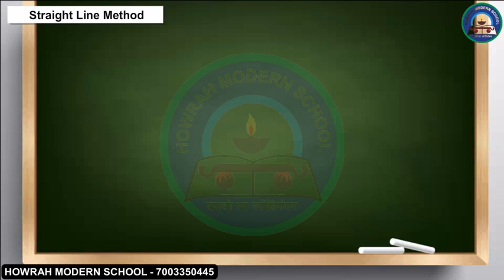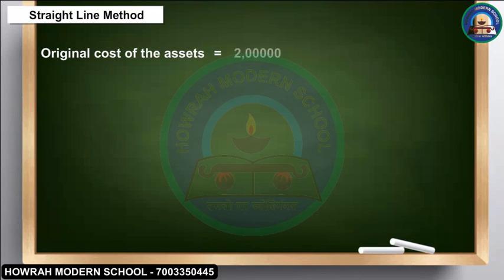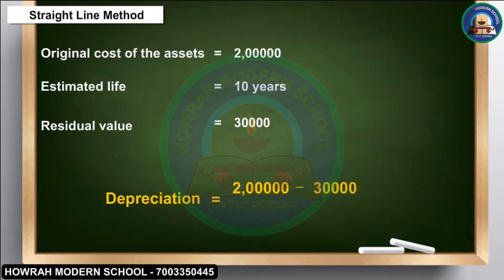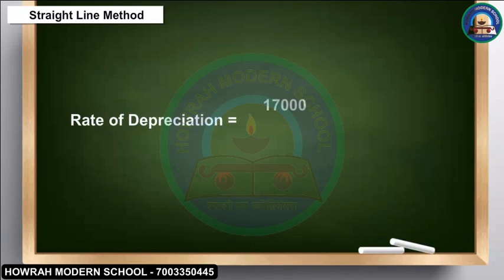Let us take an example. Suppose the original cost of the assets is 2 lakh and estimated life is 10 years. The residual value is estimated to be 30,000. The depreciation would be calculated as, rate of depreciation would be